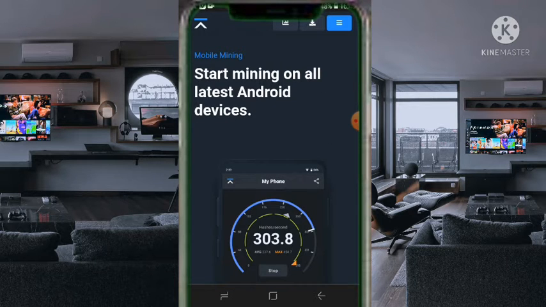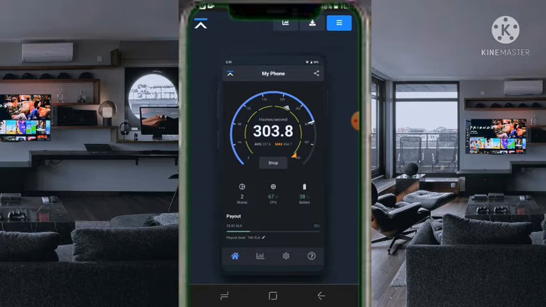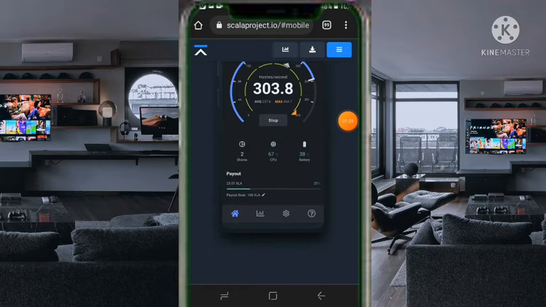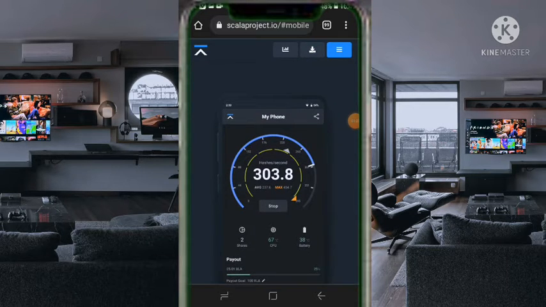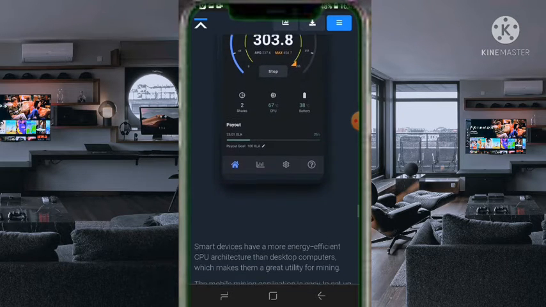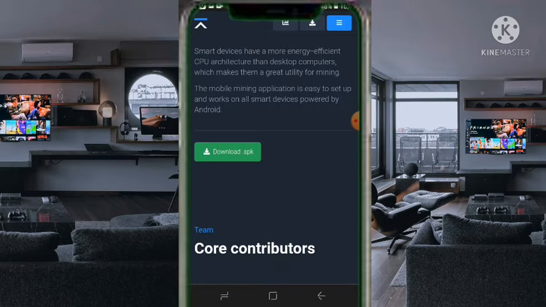After clicking on mobile miner, you can see here the picture of a mobile. This is the mobile miner, so you can use your phone and mine cryptocurrency. So you have to scroll down and click on download APK. After downloading the APK,